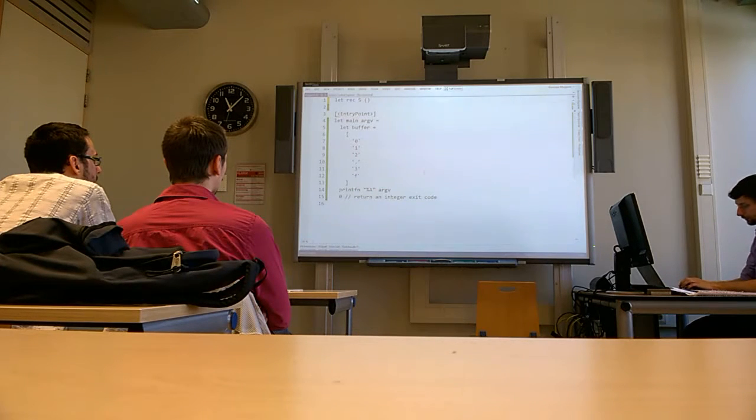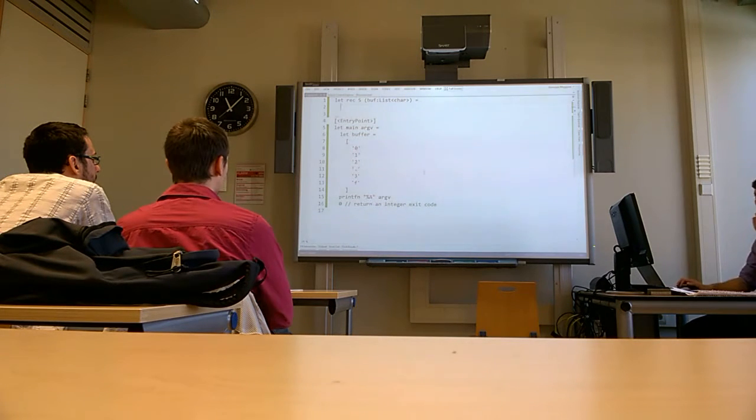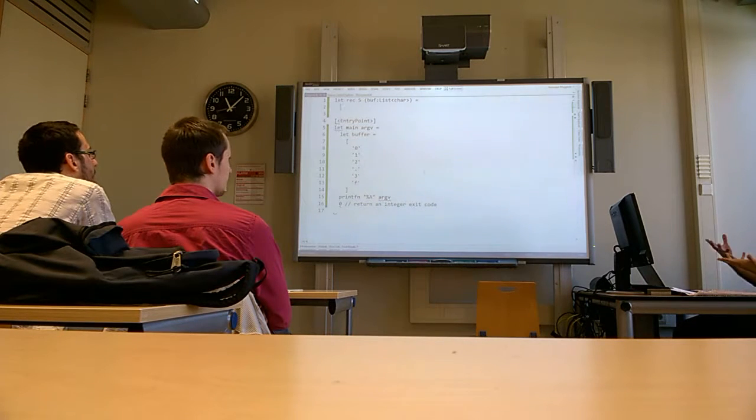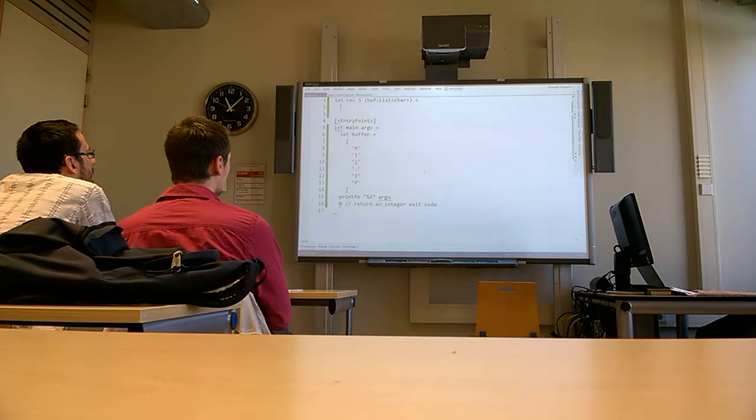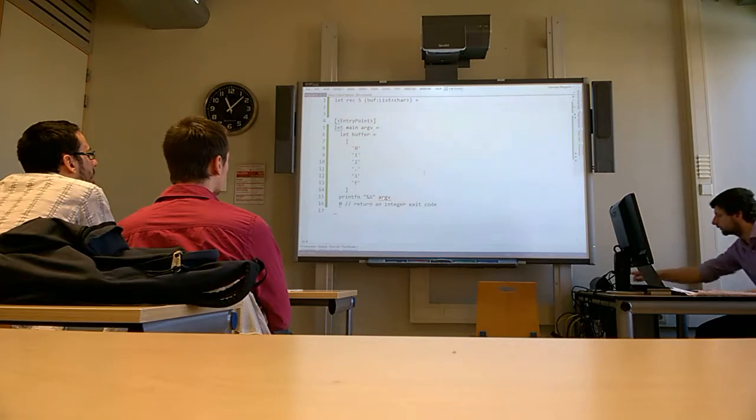It's going to take as input a list of characters, which is our buffer, and what does it look for? What does S look for? The characters it can handle, right? So which characters can it handle? Indeed, the digits, only digits. And the point. If it sees the point,